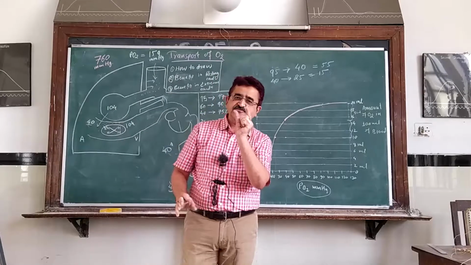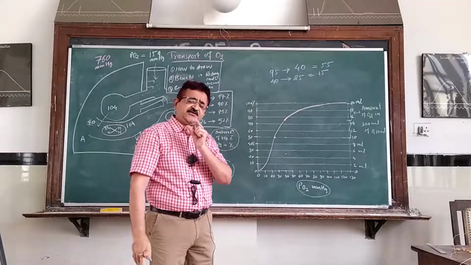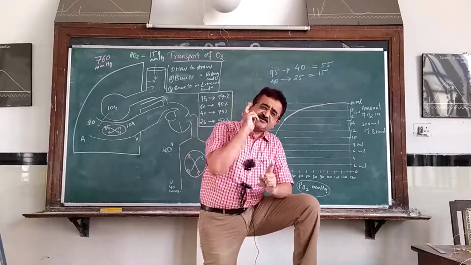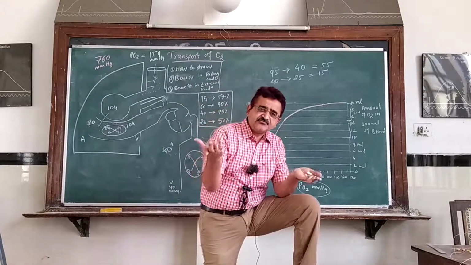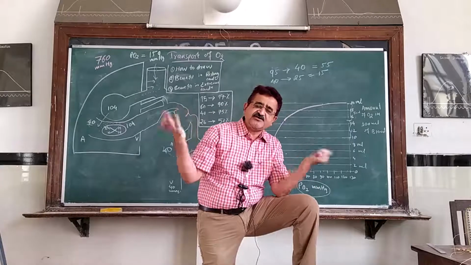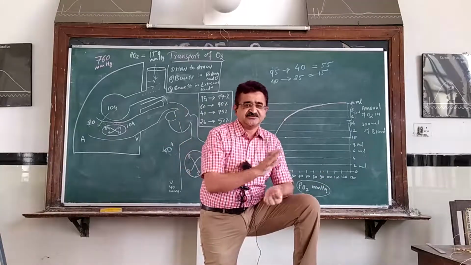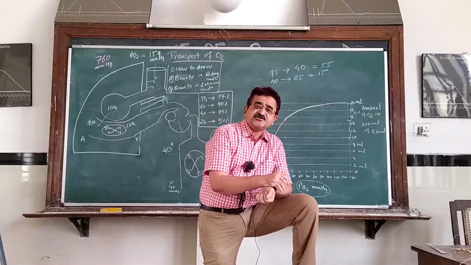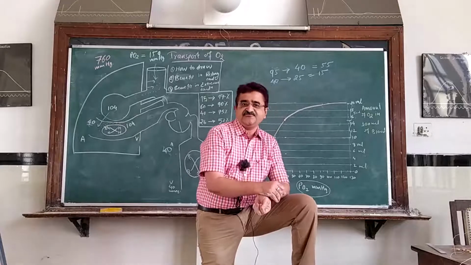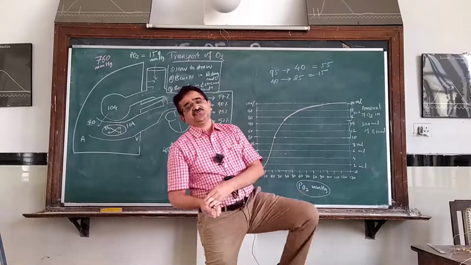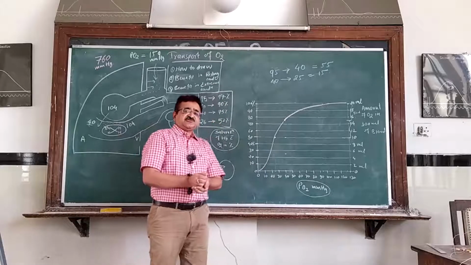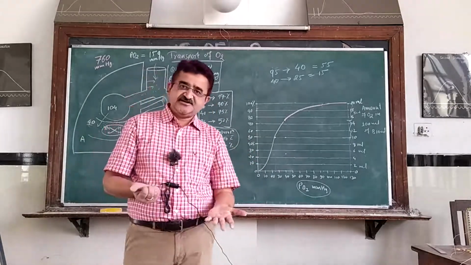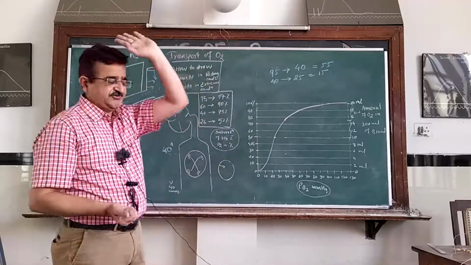So this is the beauty of hemoglobin. Hemoglobin is not only acting as a carrier of oxygen, but it also takes care that a sufficient amount of O2 is delivered to the tissues even in the adverse condition, even in the hypoxic condition. So that is why it is the caretaker. That is why it is also known as the tissue oxygen buffer. So this is all about how this curve operates in the resting state at sea level as well as at high altitude.